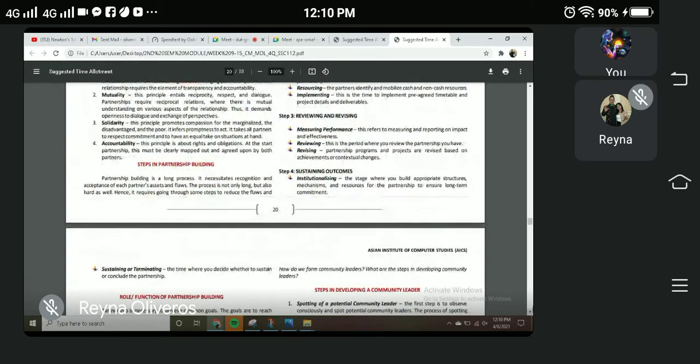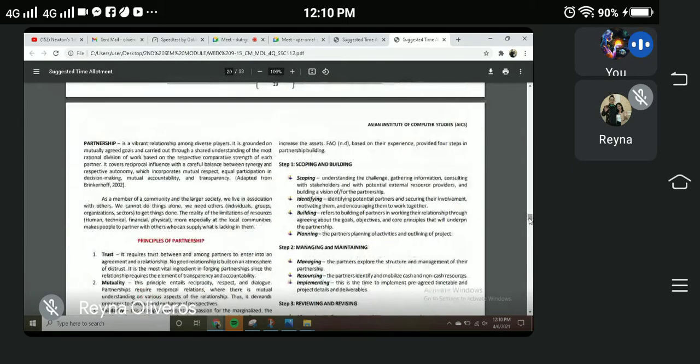Okay? Ito daw yung different steps when it comes on partnership building. Number 1 is scoping and building. This covers scoping, identifying, building, and planning. When we say scoping, it means understanding the challenge, gathering information, consulting with stakeholders, and of course potential external resource providers. Pag sinabi naman nating identifying